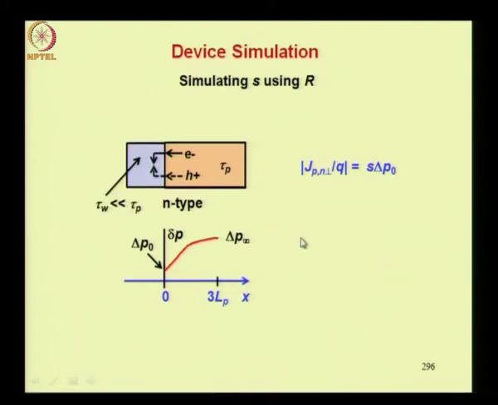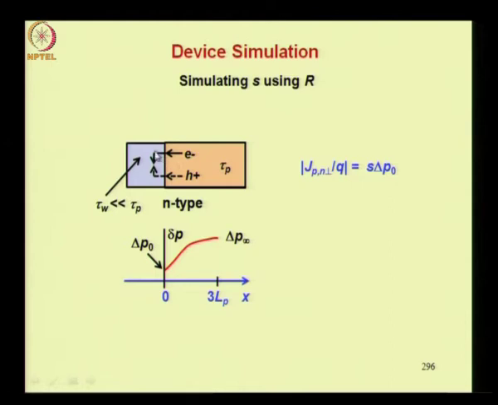Now you can do so using a semiconductor region. So what we are doing here is we are extending the semiconductor bulk here by another semiconductor region, right? This semiconductor region is such that the lifetime of holes in this region is very small compared to the lifetime of holes in the bulk here. Now because the lifetime here is smaller, there will be a tendency for electrons and holes to move into this region and recombine over there.